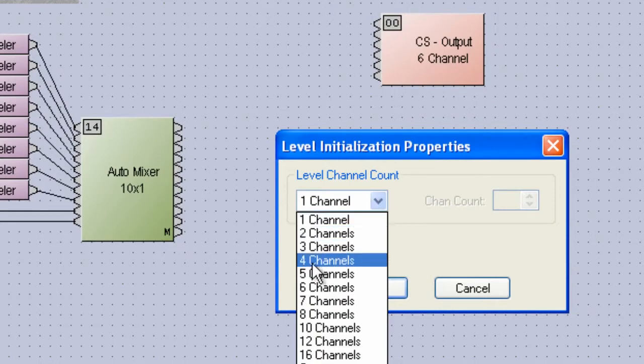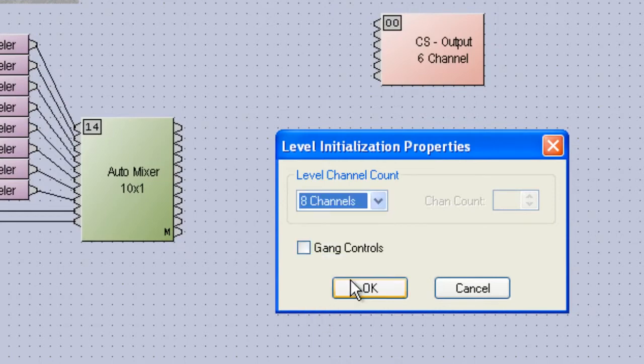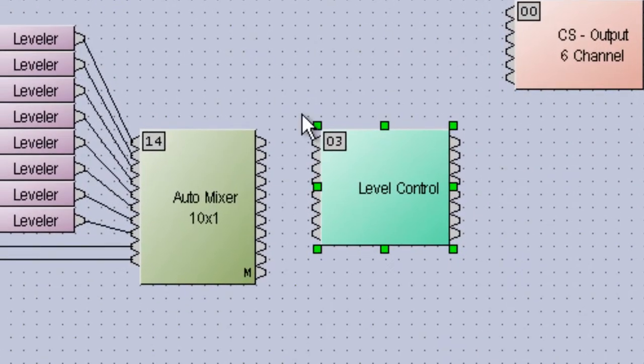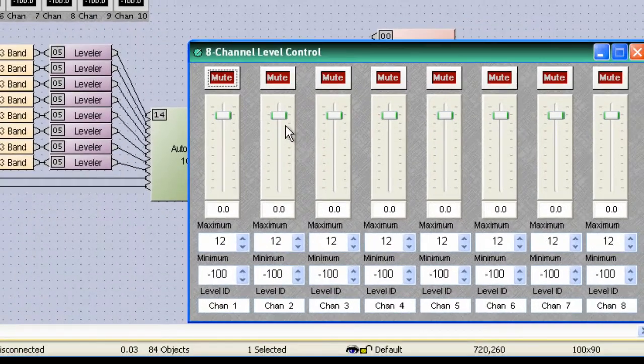So we'll come over here and we'll grab an 8-channel level control block and we'll drop that in after the Automixer, and that allows us to have microphone volume control where we can actually set, say, the maximum to go up to 4 decibels and the minimum to go to -20. And that would give us an ability to set a